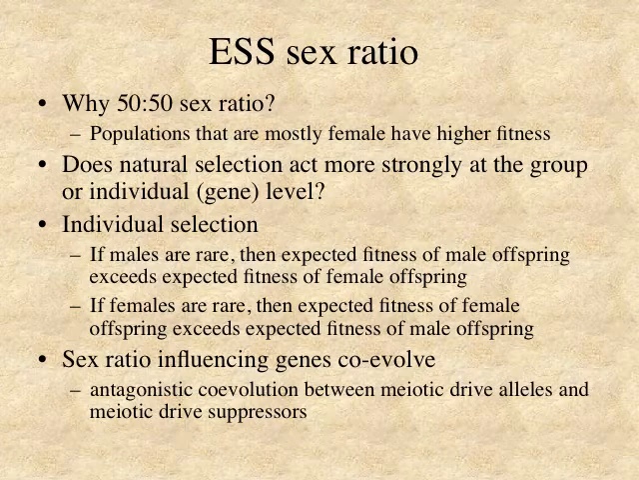So in terms of individual level selection, what the sex ratio would reveal is that if males are rare, then the expected fitness of male offspring goes up and would be higher than the expected fitness of female offspring. And the same in reverse for females. If females are rare, then the expected fitness of female offspring would be higher than the expected fitness of male offspring. And this is just because every kid is genetically produced by a female mom and a male dad, right? So